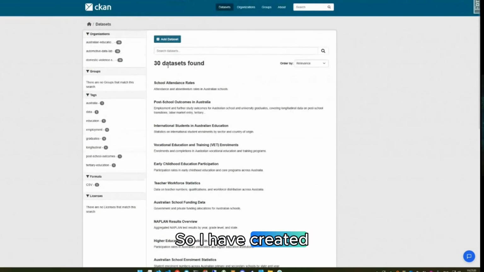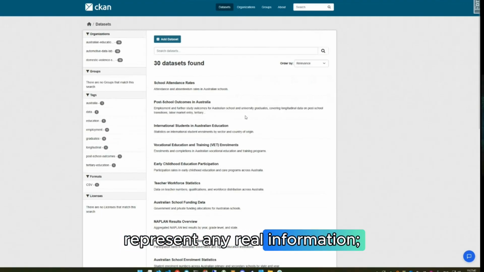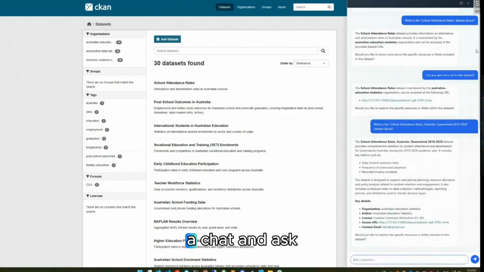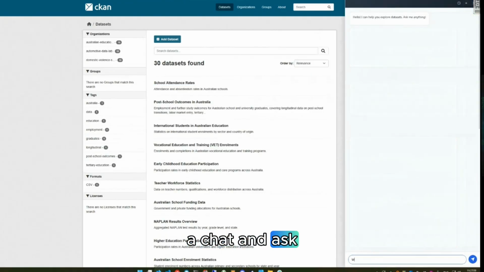So I have created 30 datasets. They kind of look like real data, but they were generated by me, so they do not represent any real information, but I was just trying to follow some kind of common sense. So, for example, you see the school attendance rate and attendance and absenteeism rates in Australian schools. So I'm opening, for example, a chat and asking, what is